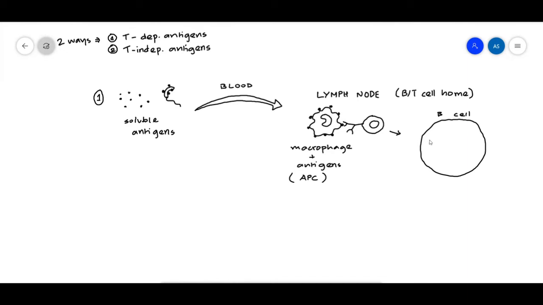It's going to capture that antigen within a vesicle or a phagosome, which is basically a vesicle that forms by phagocytosis. So we have an antigen over here, and this is the phagosome, and this is the B cell,